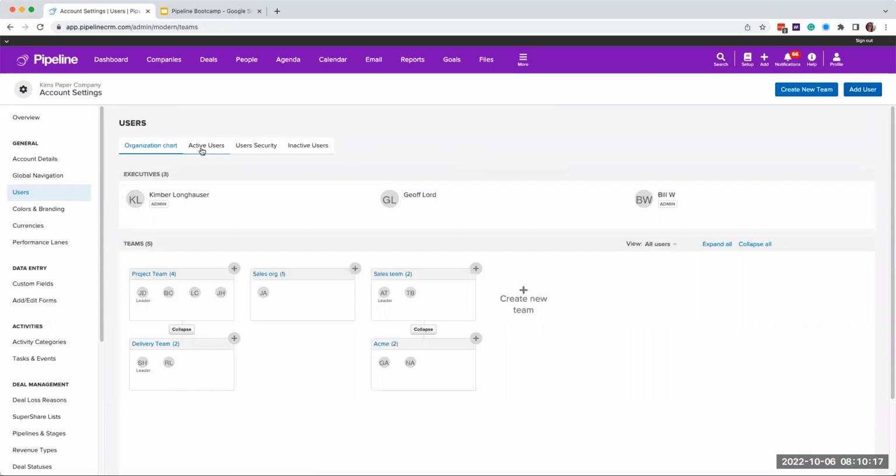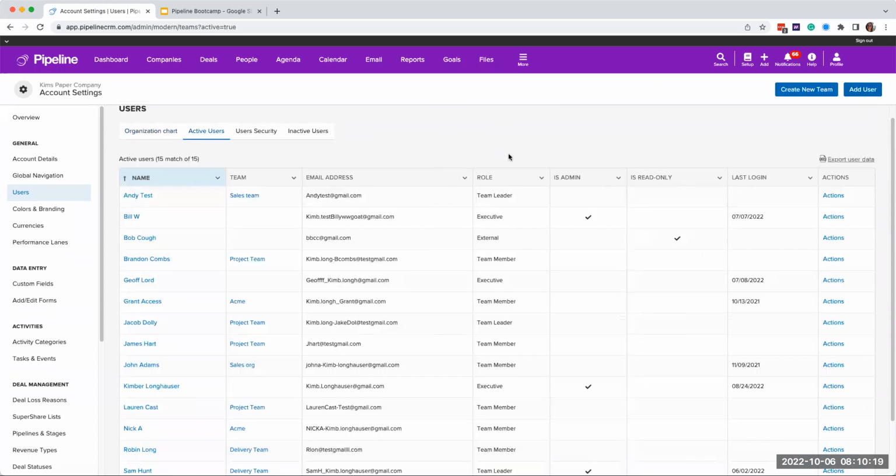Okay, so active users is a tool or a list view type page here for you to manage your active users. I have 15 here, and if I was using a live pipeline account, I would have a little banner right here next to create new team indicating how many users versus licenses I have available. So if I had 20 licenses that I had paid for, I would see that I'm using 15 out of